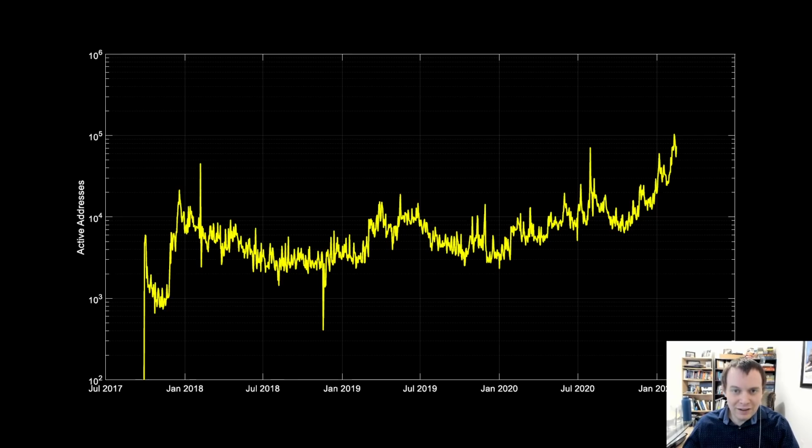But let's look at this and try to dig in and maybe understand a little bit more of what's going on. So the number of active addresses, and this is the number of addresses that have been moving Cardano within the last 24 hours, is going up fairly quickly. You can see that near the peak of the last run, we peaked at just over, say, 10 to the 4, which is about 10,000. 10 to the 2 would be 100, then 1,000, 10,000. You can see we came up here to 20,000.